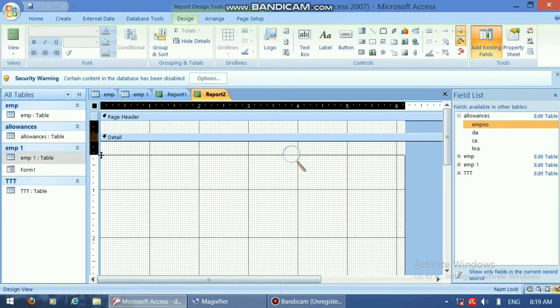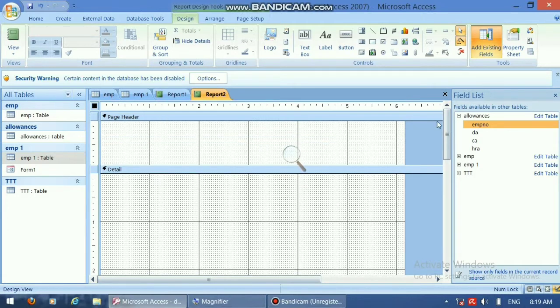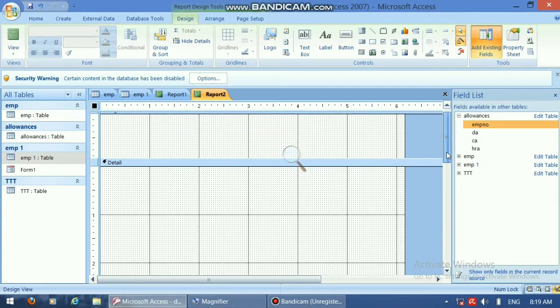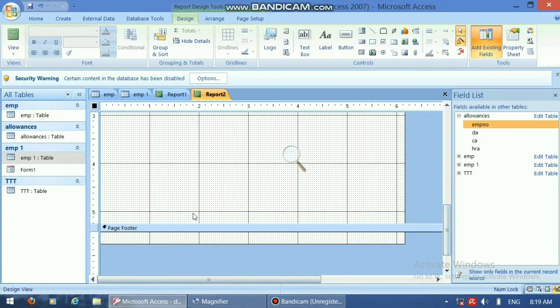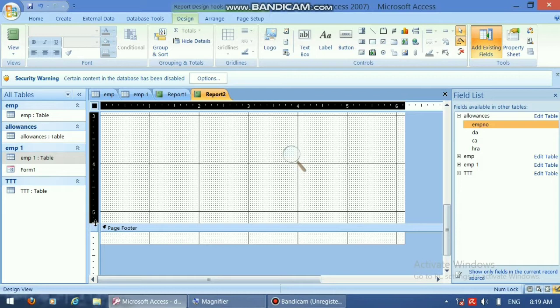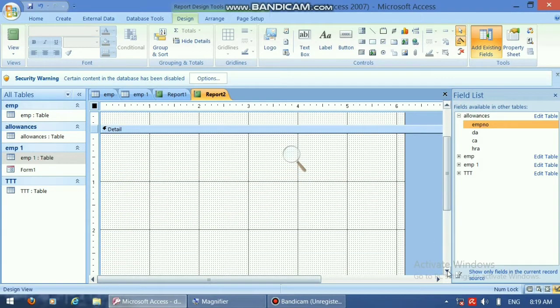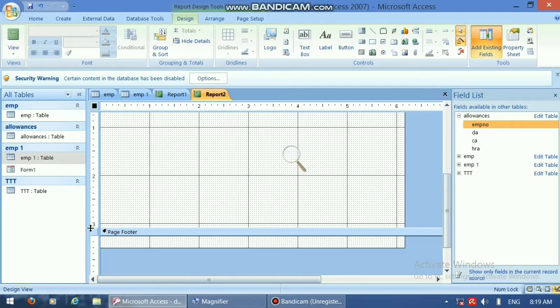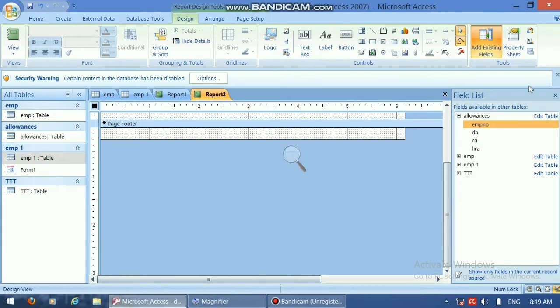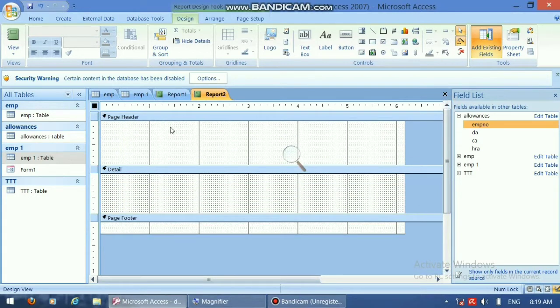And if you want to minimize the space of detail, then you drag the page footer upwards like this. So these are your 3 sections: page header, detail and page footer.